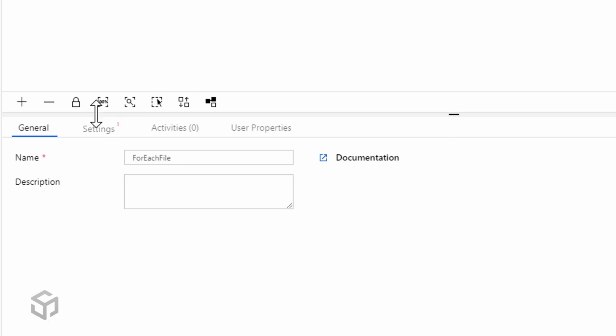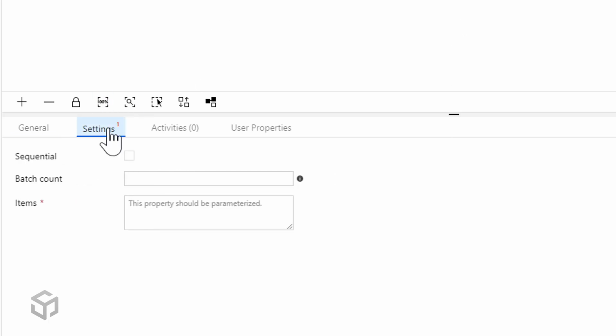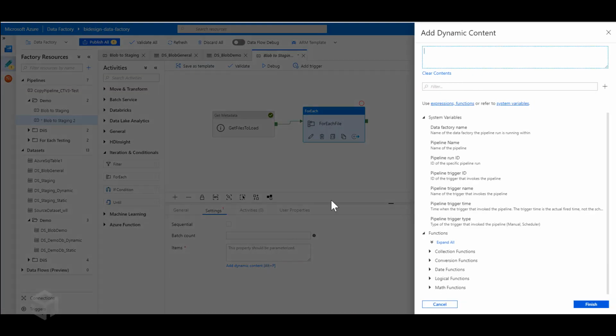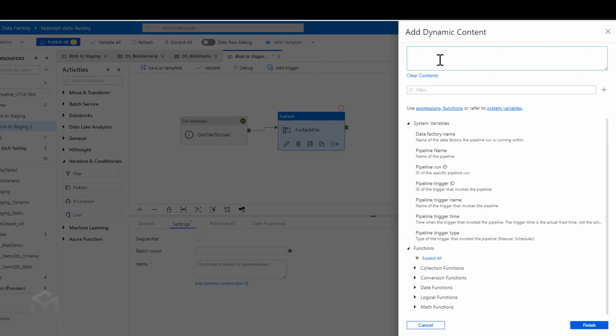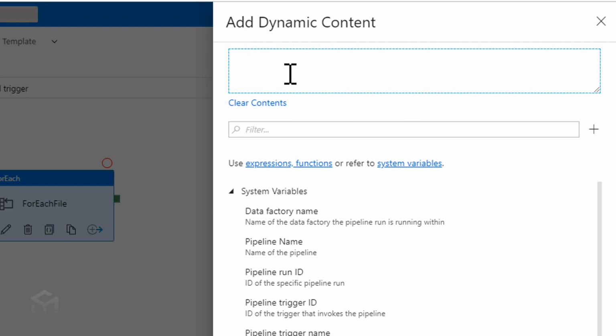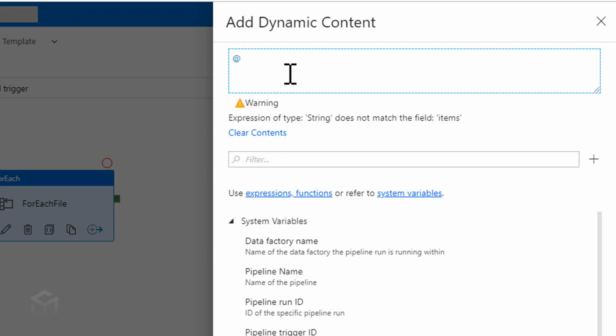And what I'm going to do here is, I mentioned earlier about sequential, we don't want this to be sequential, it's going to run in parallel. And then when we talk about the items, this is where I guess you start to need to know the syntax, but there's lots of information available there. So we're just going to say